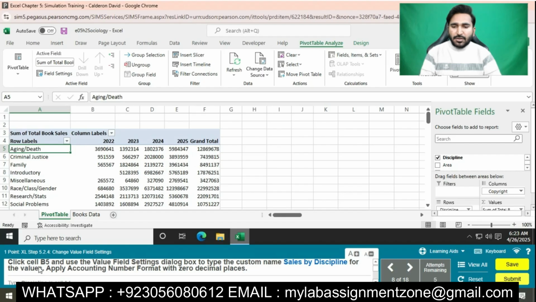Click cell B5 and use the value field setting dialog box to type the custom name sales by discipline for the value. Apply accounting number format with 0 decimal places. We will simply click on cell B5 and use the value field setting dialog box to type the custom name sales by discipline for the value. Apply accounting number format with 0 decimal places. Click on cell B5